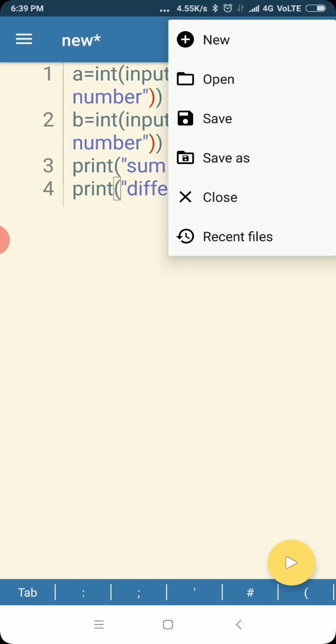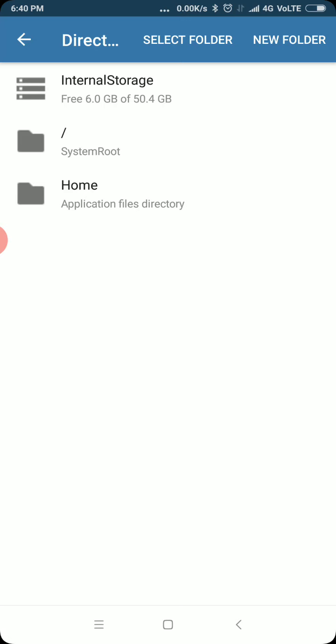Now here you can see, you can save the files. When you are selecting this, it is asking for save and save as. So I can give save as, and I can save the file, so that afterwards when you select open, you can find it. I am saving this file by giving any name. Now where you want to save the file, that also you can mention here.